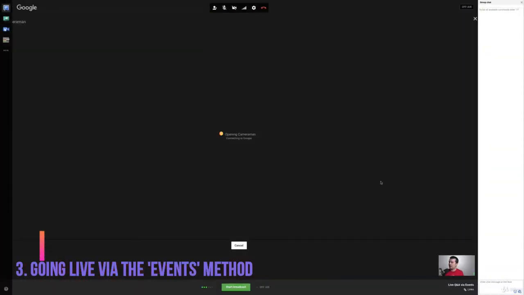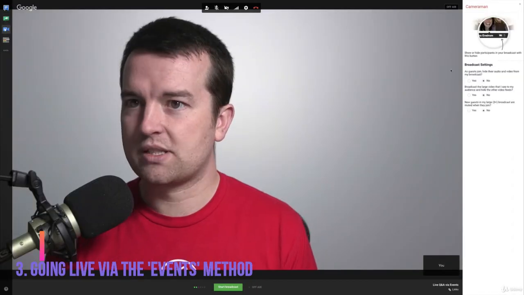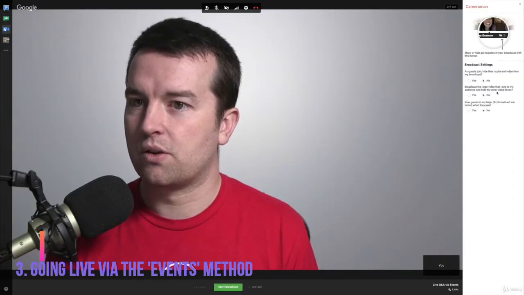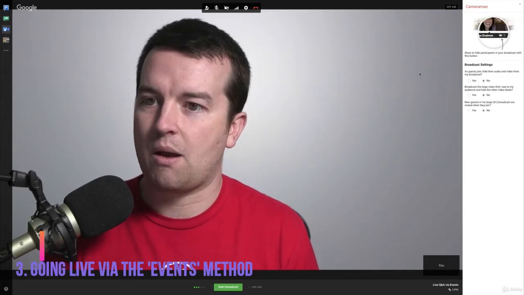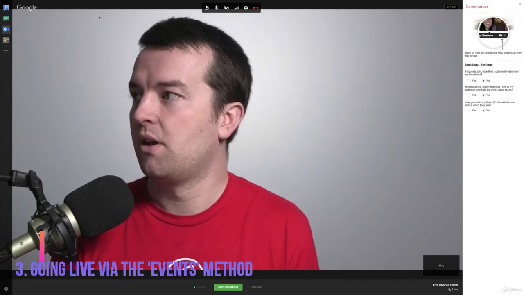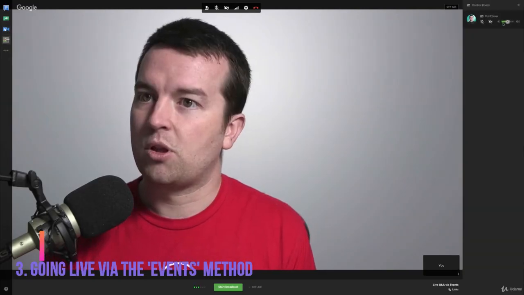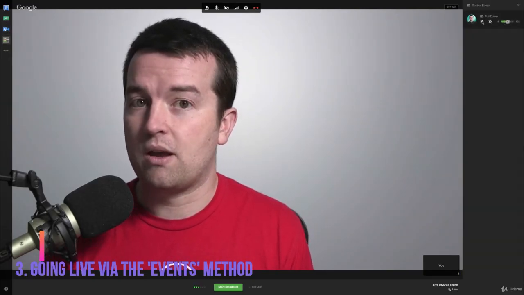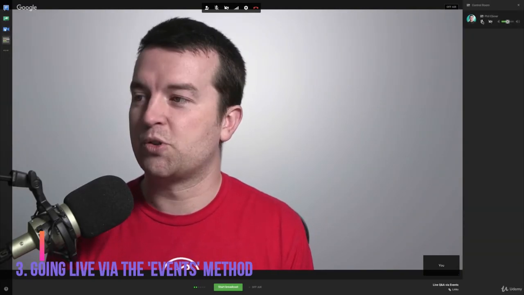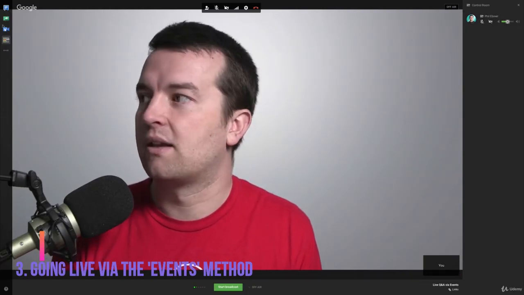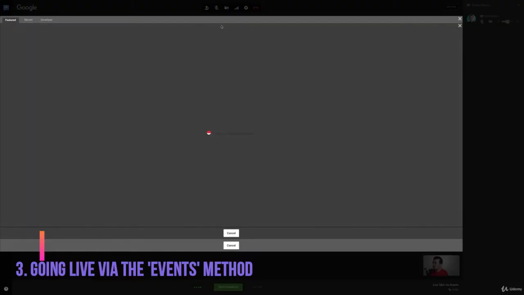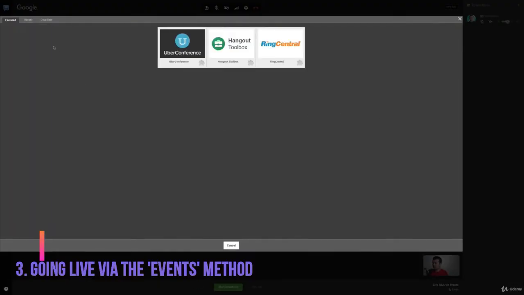You can also act as cameraman, which is an external Google app that allows you to switch between different cameras or different people who are participating. Similarly, the control room is great if you are hosting an event with multiple people, and you can mute mics, turn up the volume of people's mics, etc. There are additional apps if you click the Add App button, and there's all kinds of different things here